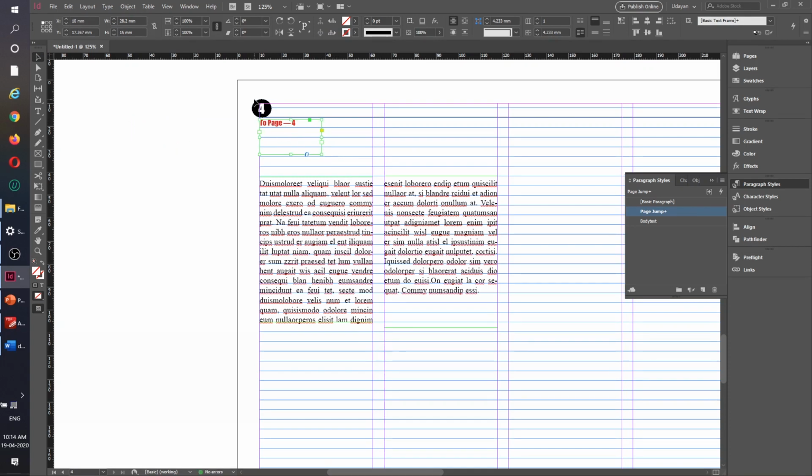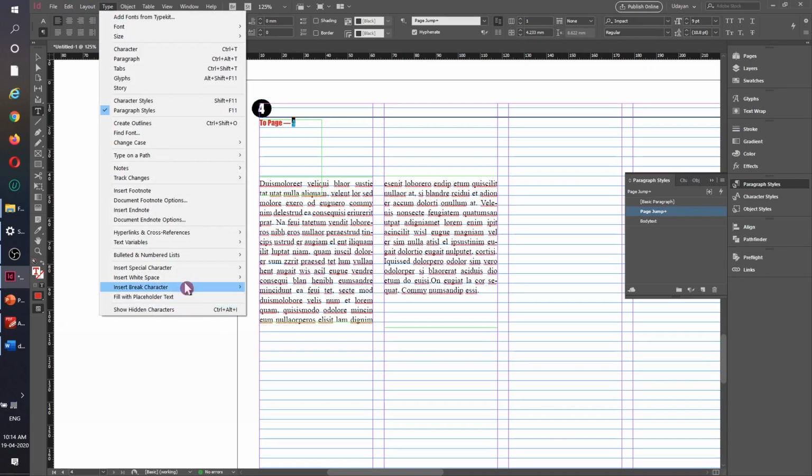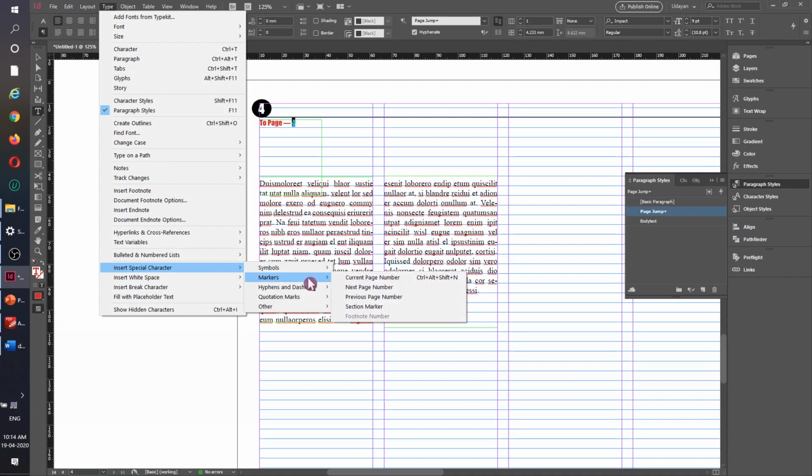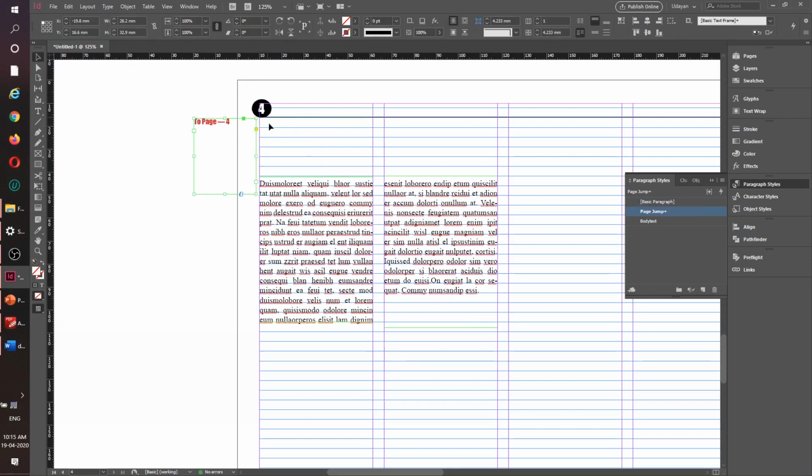Now this is somewhere we will be working, so I can come here, place it there. It will report this page number, but the moment my text box overlaps this, it will start reporting the previous page. But for that I need to double click, select this text, which is what I want to change. I'll go down again, type special characters, markers, and this time in place of next page number I'll go to previous page number. And see how easy it is. If it is not overlapping, it reports the page. If it is overlapping, it reports the previous page.